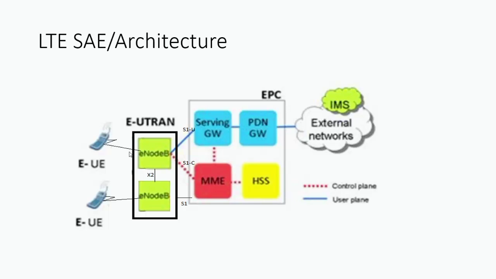We also require a permanent database for each subscriber. This facility is provided through the HSS, whereas in 2G or 3G, we use HLR or VLR for data storage. HSS stores the permanent details for each and every subscriber. In HSS, all the information that is particular to the subscriber is stored. MME is also called the intelligent part of the EPC, or we can say it is the brain of the EPC. One thing to note is that it is all IP based communication between the eNode B and MME.